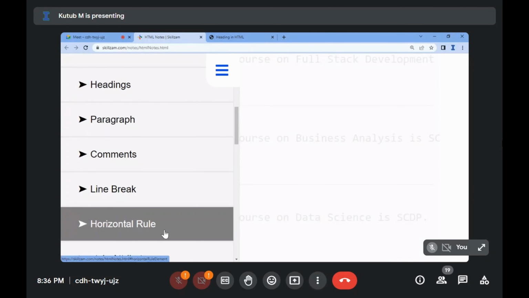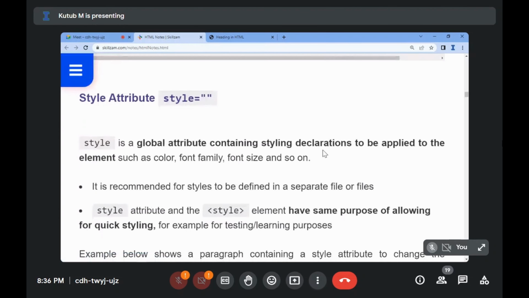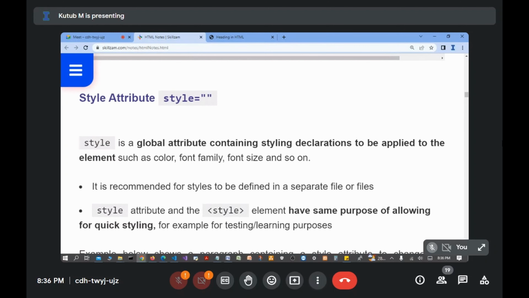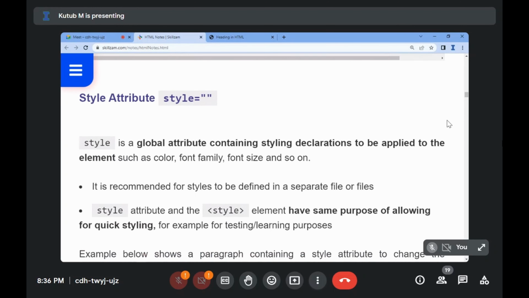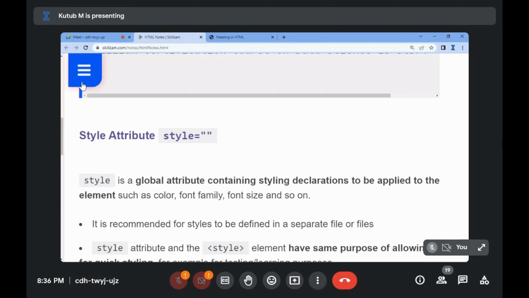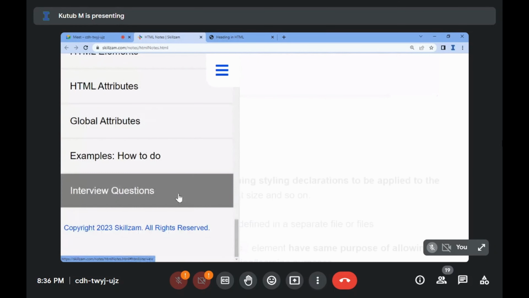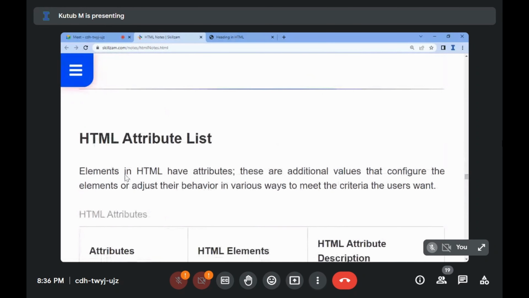Now, so what else? There is a style. Now, let's go ahead to understand an important, again, a topic called attribute. Okay, so now, there is an HTML element we saw. Now there is something called an attribute. So what is an attribute? If I go ahead and see HTML attribute,